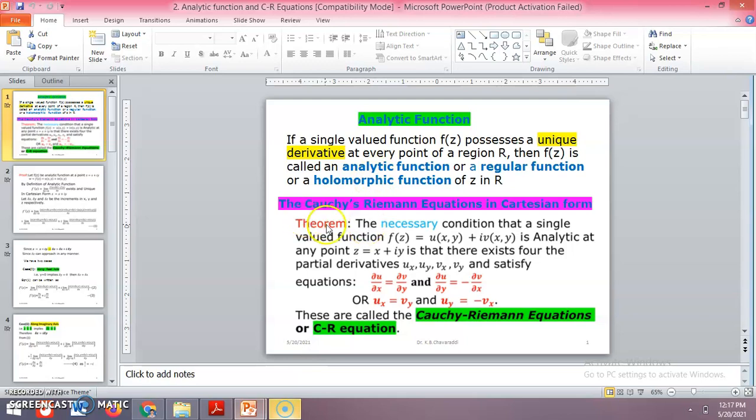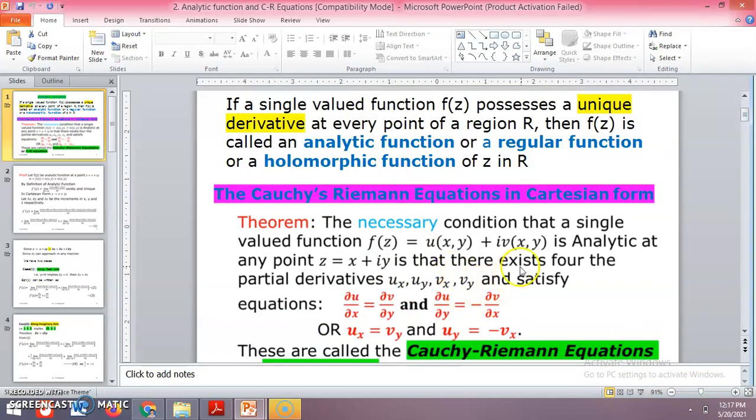See that this is the theorem there, which we have: the Cauchy-Riemann equations in Cartesian form. These are the necessary and sufficient conditions for a function to be analytic. The first is the necessary condition: a single valued function f of z, equal to u of x comma y plus iv of x comma y, is analytic at any point z equal to x plus iy, if there exist four partial derivatives,